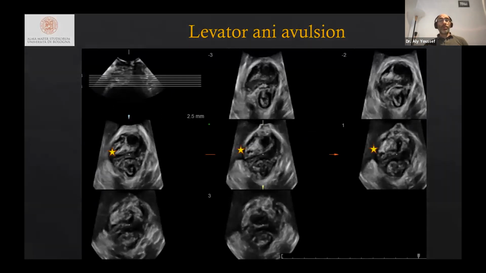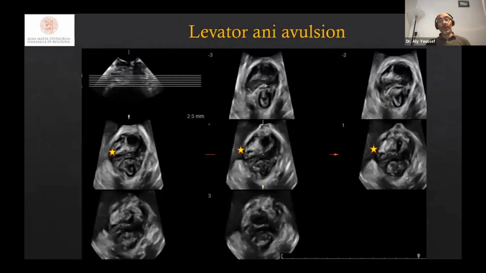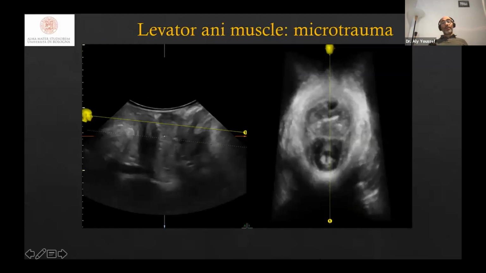But in some cases, you may have some doubts. So objectively, the space between the center of the urethra and the nearest identifiable part of the muscle near the pubic rami should be less than 25 millimeters. If it's larger than 25 millimeters, it's defined as an avulsion. In order to define a complete avulsion of the levator ani muscle, which is the significant ultrasound finding, you have to find the defect present in all the three central images. Otherwise, it's a partial